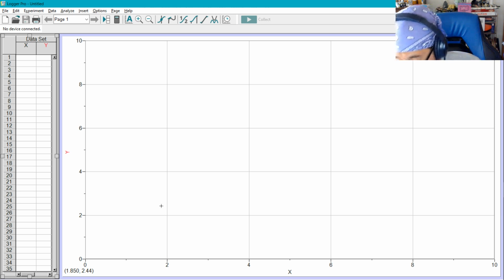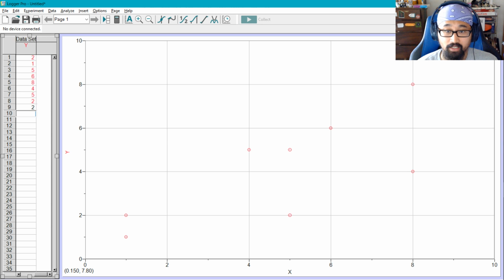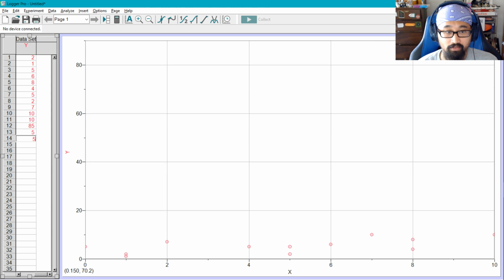Now, this is a lovely graph, but right now it doesn't tell me anything, right? I can type in numbers and it will do things for me, and that's very nice. And look, it plots them, and if I go too far out of bounds, it automatically updates things for me. Right now you can't see it, but there is a point hidden by me. I'm going to do my best to get rid of that, but let's just